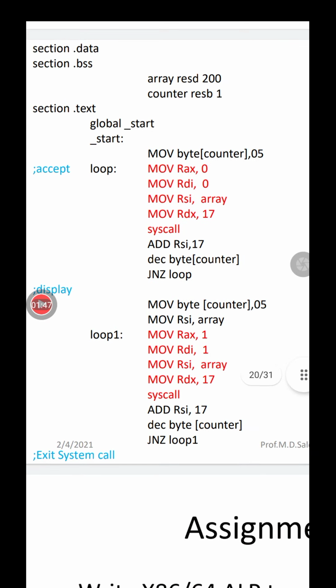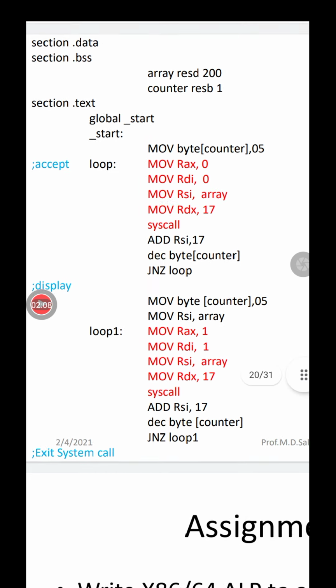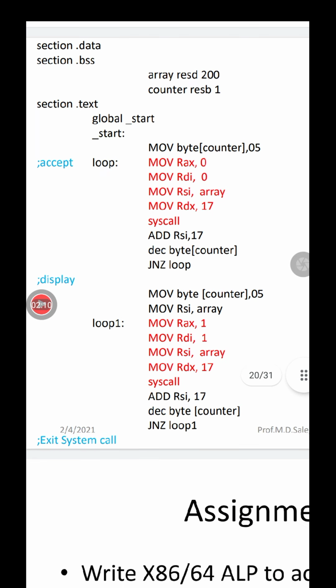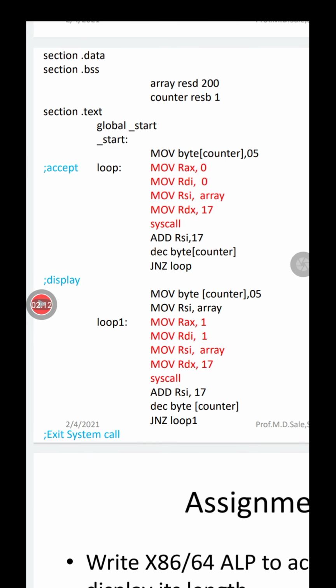You can even declare reserve bytes also, RESB, 200. So 200 double words are reserved for this particular array, and we are also declaring one counter, reserve byte 1. So we are reserving one byte for the counter. Now why the counter is needed, that we will see. Section .text, global _start, and _start: